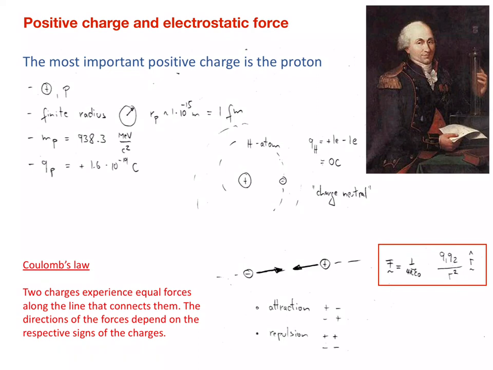The mass of the proton is much larger than the mass of the electron. It is 938.3 mega electron volts per c squared. The student might want to convert this to kilograms using the procedure described on the previous slide. Protons exist in the most abundant element of our world, hydrogen, right at its center, as the positive core of the atom. Since the electric charge of the proton is Qp equal plus 1.6 times 10 to the minus 19